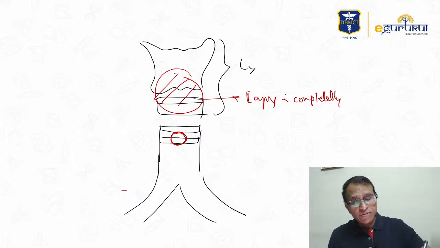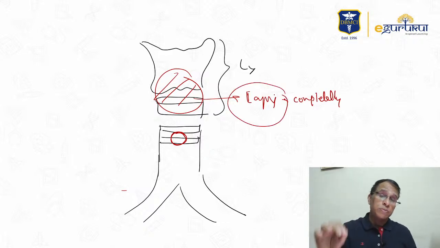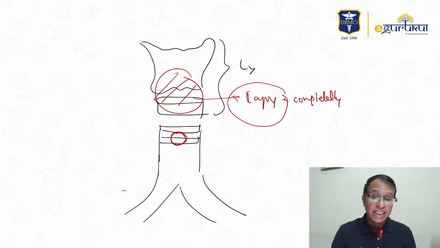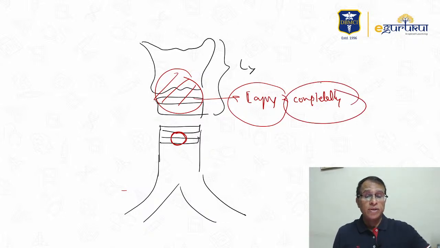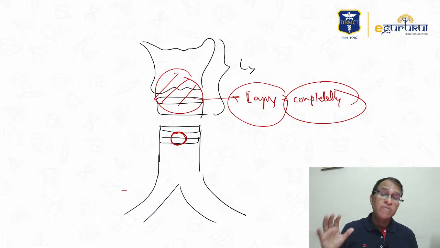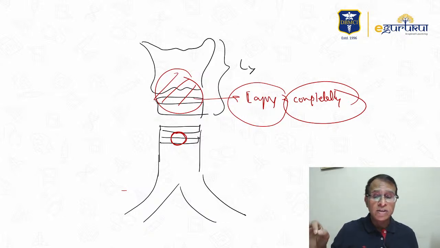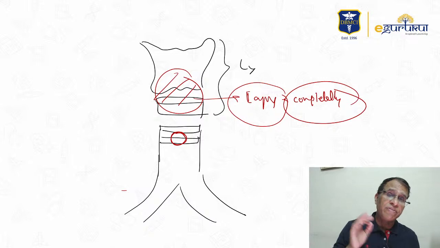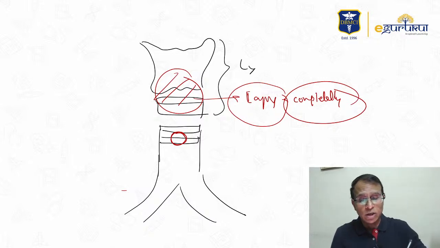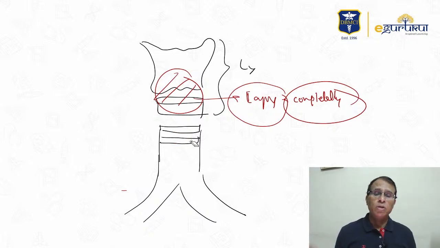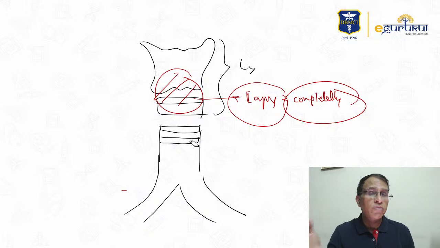And if this patient of laryngeal obstruction reaches the hospital alive, after taking 15-20 minutes to reach, that means it is not completely obstructed. It is partially obstructed. The patient is able to breathe. If the patient is able to breathe and is able to survive 15 minutes, 20 minutes, then why do tracheostomy at all? Focus on removing the foreign body. Why are you wasting time doing tracheostomy? Use your effort to remove the foreign body from the larynx. So again you will not do tracheostomy.